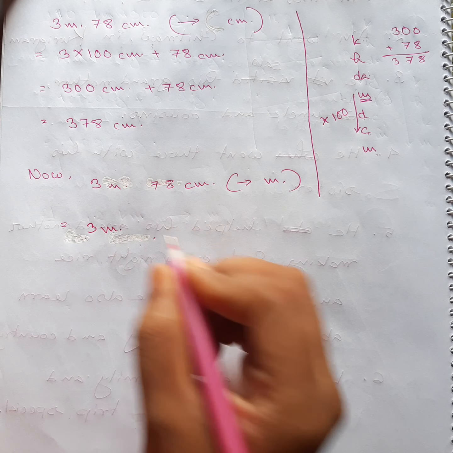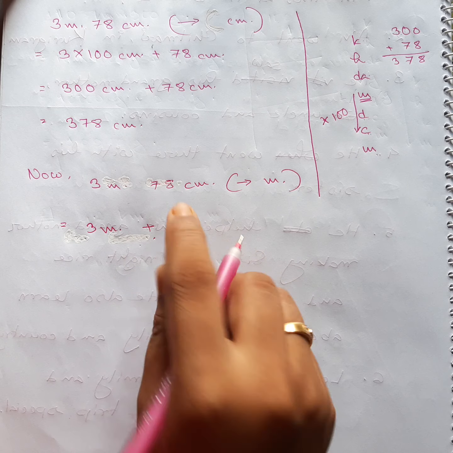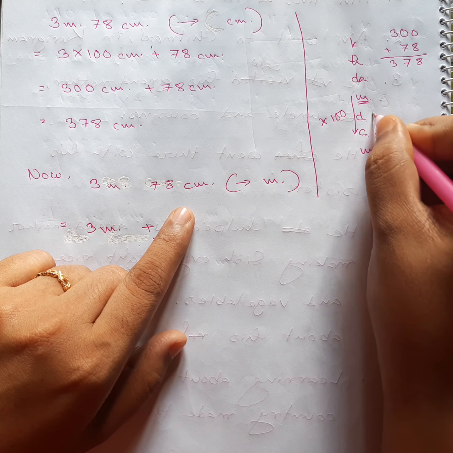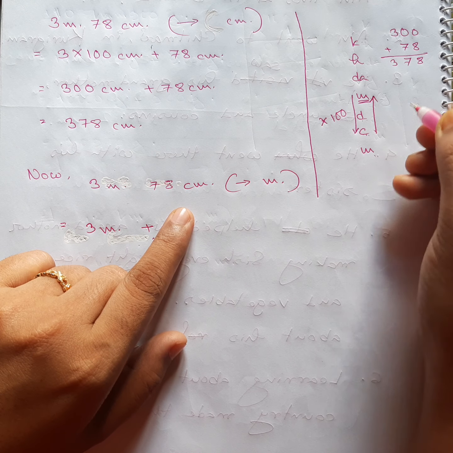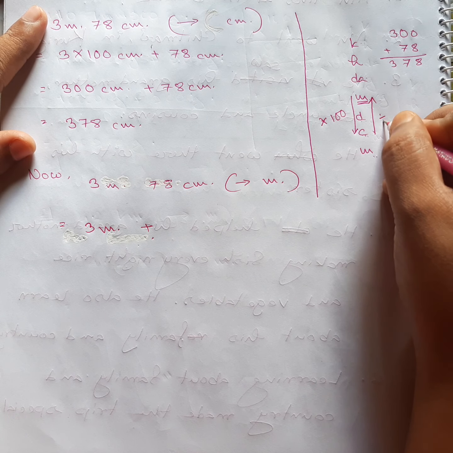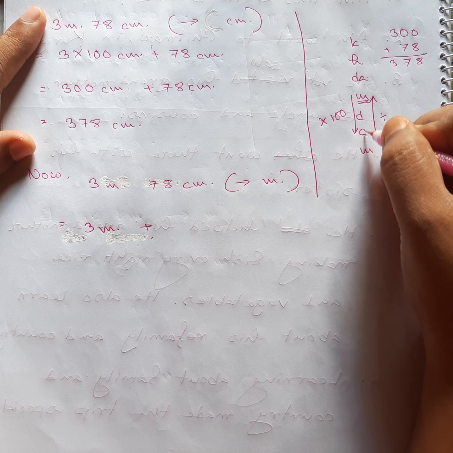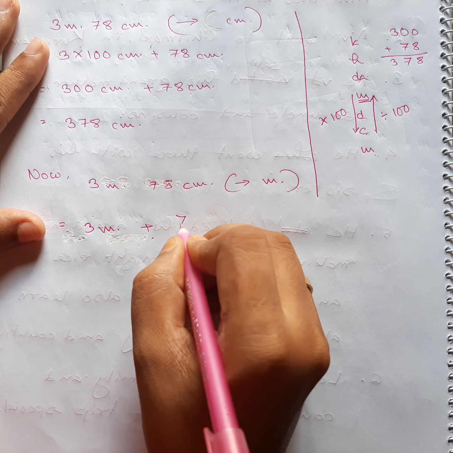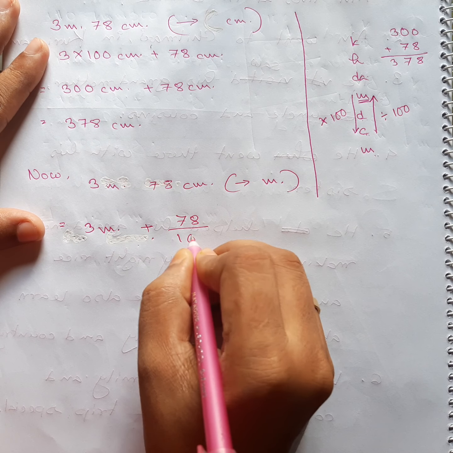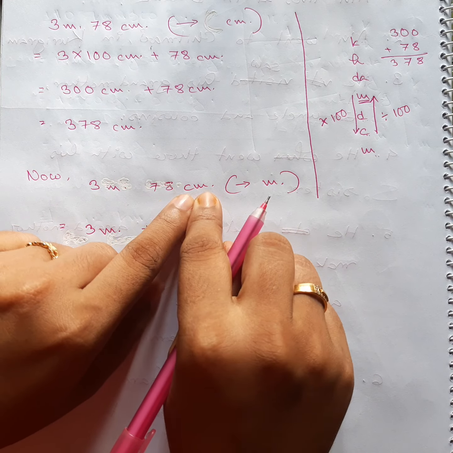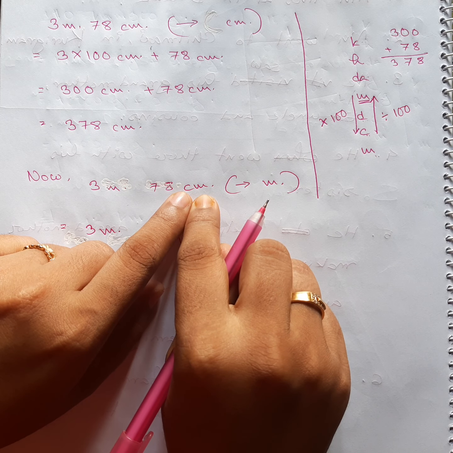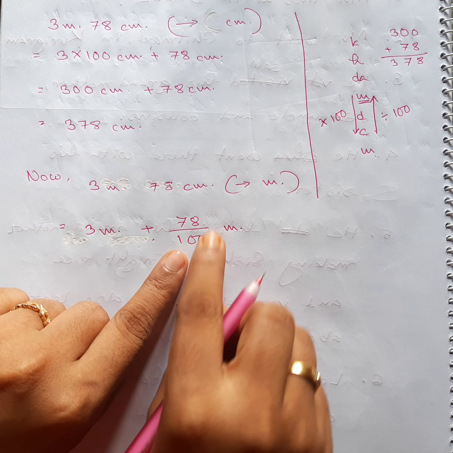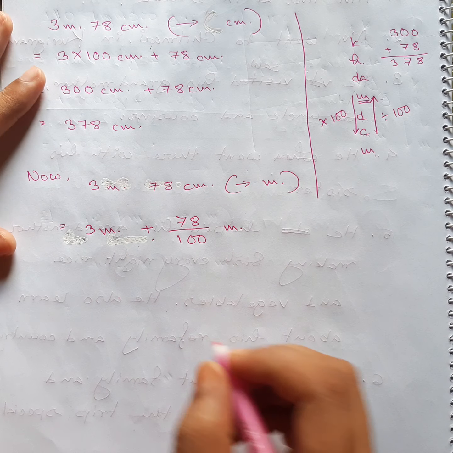We don't have to touch that one, but we will do the action over here. Centimeter, we are going centimeter to meter, so we are going up. Up means division, and division with how many digits? 1, 2, 3, 3 digits. So let's see, dividing with 3 digits, and this unit will become what? The unit will become meter. After doing the action, the meter unit will get changed.